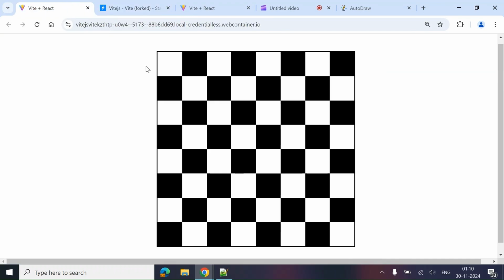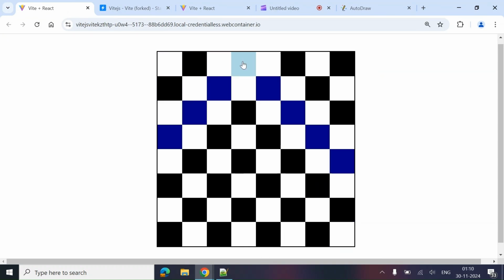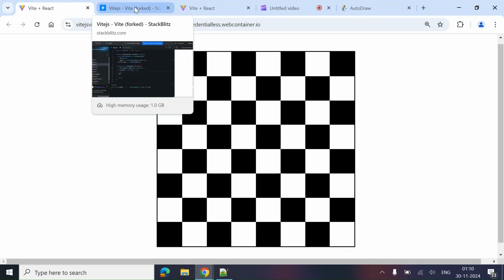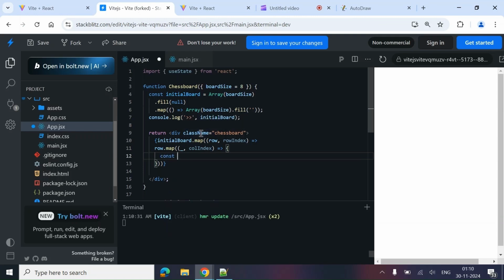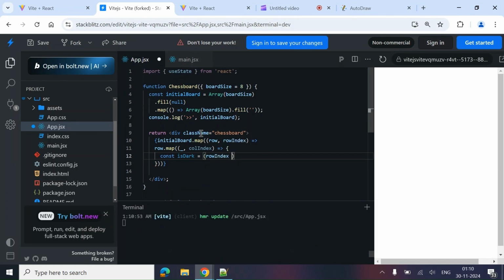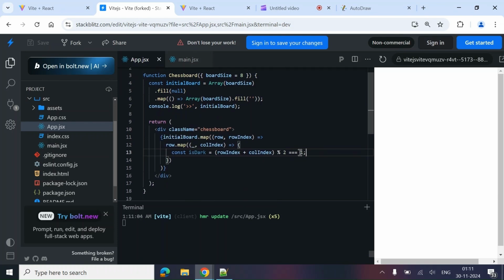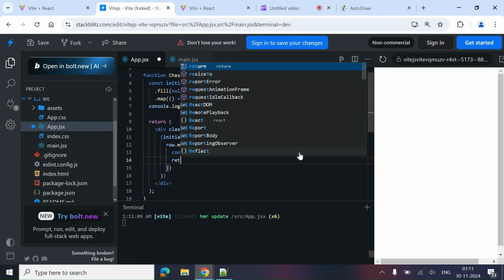Now you have seen over here that we need to show this layout such that one cell should be white, another cell should be black, then white, then black. So let's also write the logic for that. So const isDark, I am going to create one variable, and it's a very simple formula: row index plus column index, and its modulus 2 equals 1. So if its modulus equals 1, then it's basically dark. And we are going to return